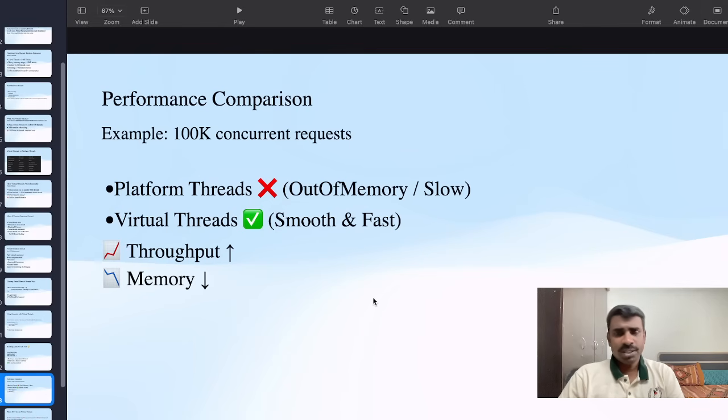Performance comparison, I already did in the example. If it is 100k concurrent requests, platform threads may throw out of memory or be very slow. Virtual threads are smooth and fast. So high throughput and low memory, that is the advantage of virtual threads.